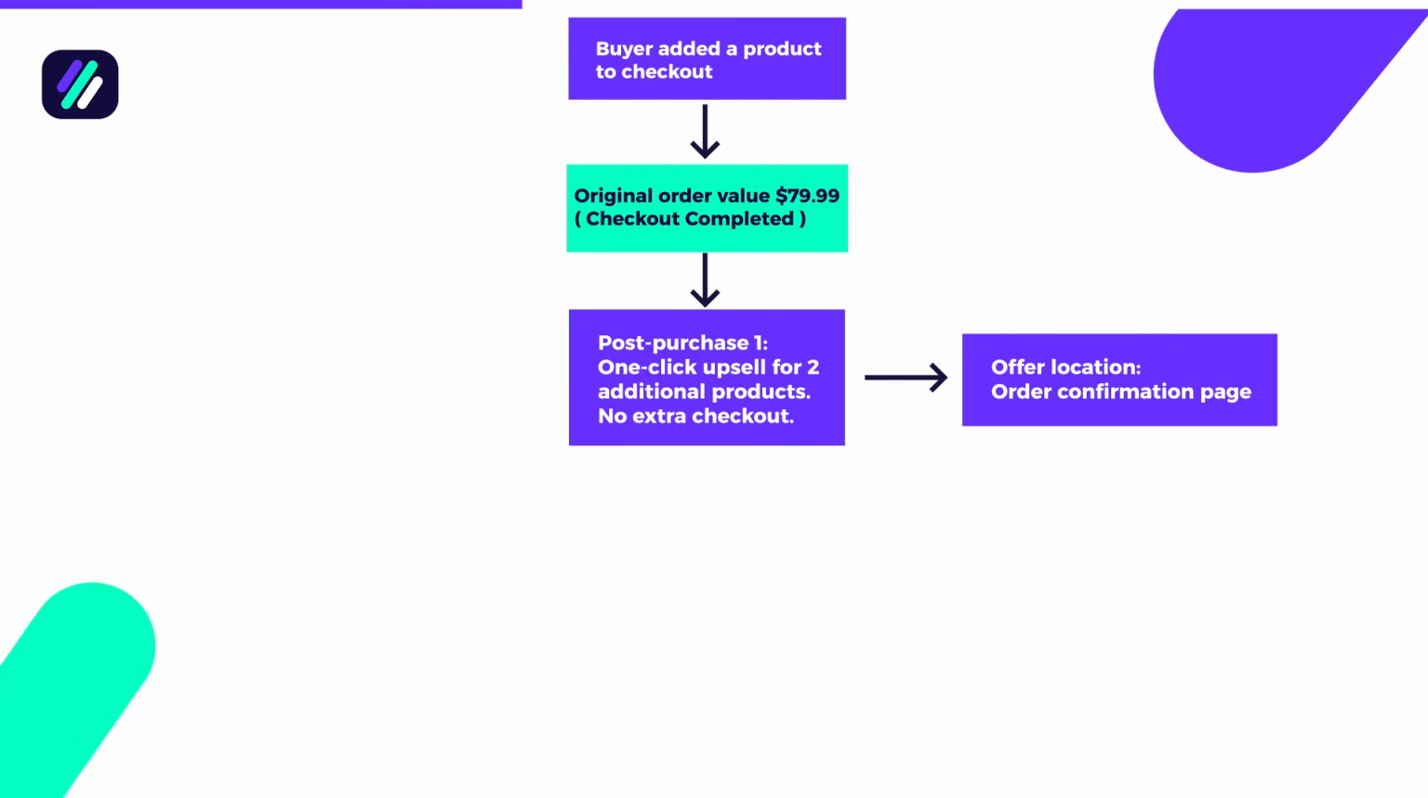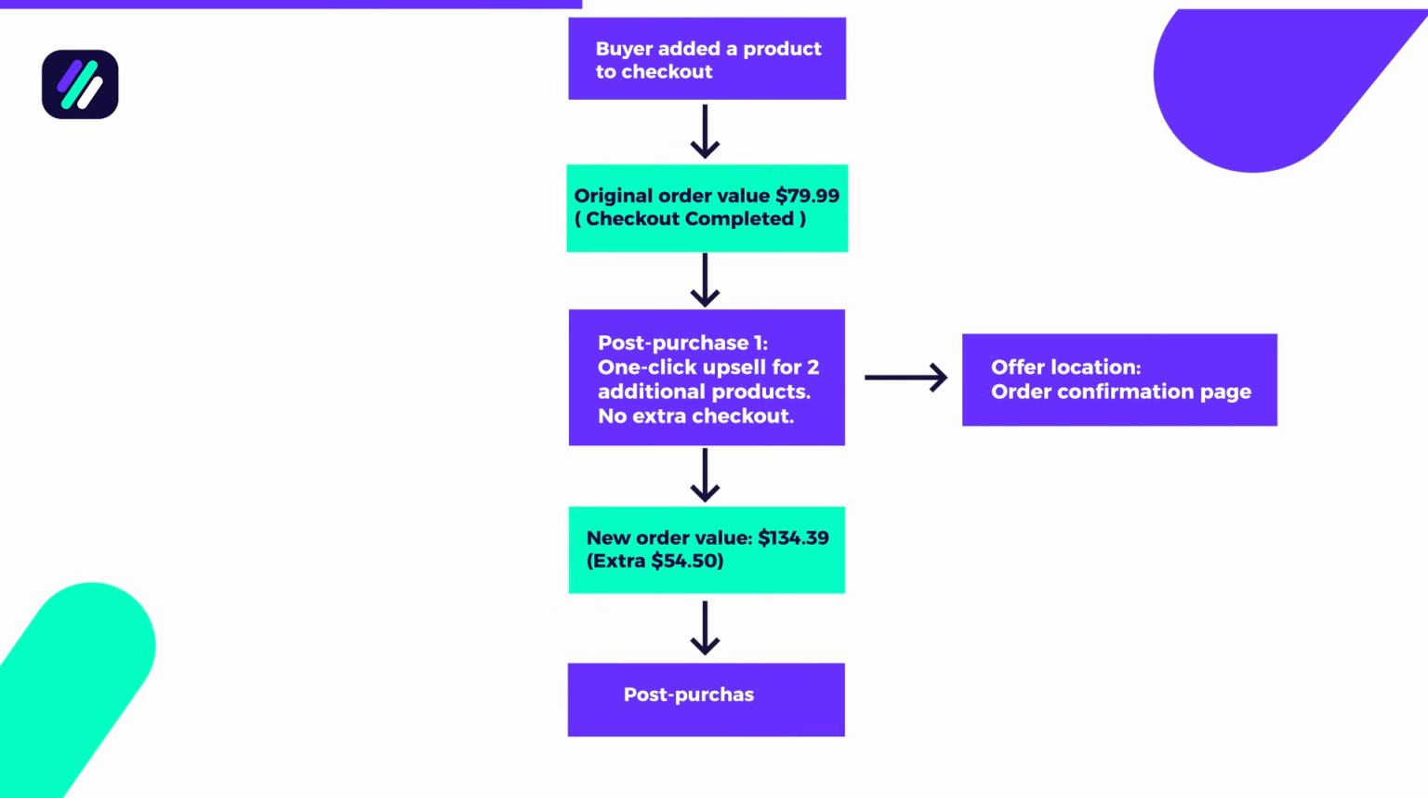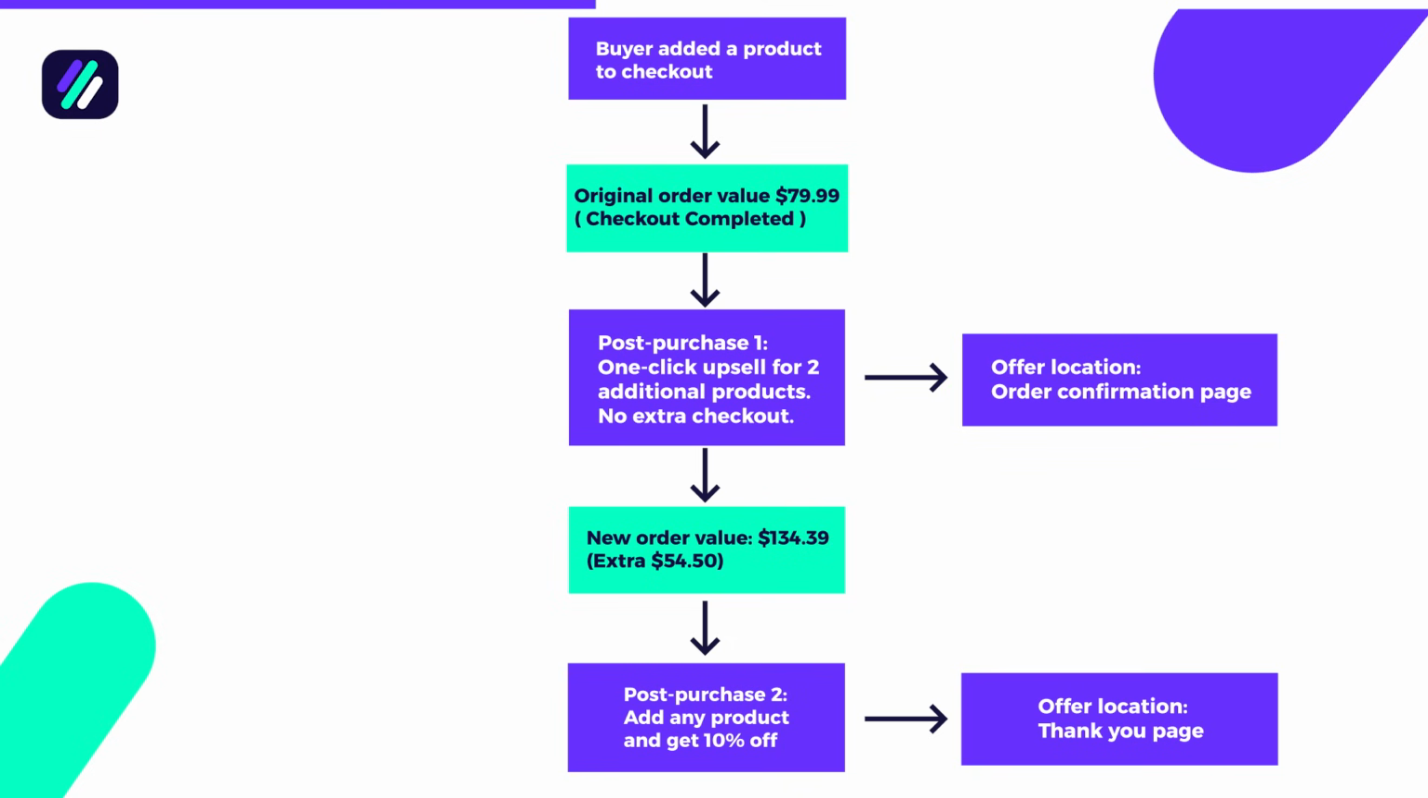So instead of earning just $79.99, the order jumps to $134.39, an extra $54.50 from the same customer without spending more on ads. And we're not stopping there. We'll add another post-purchase offer on the thank you page with a limited time discount to increase the cart value